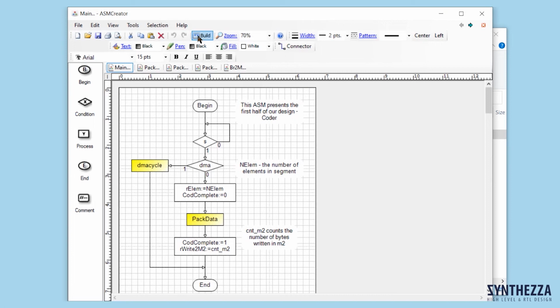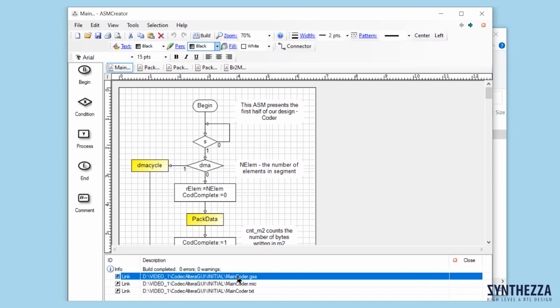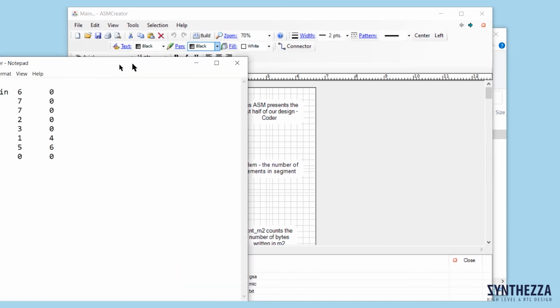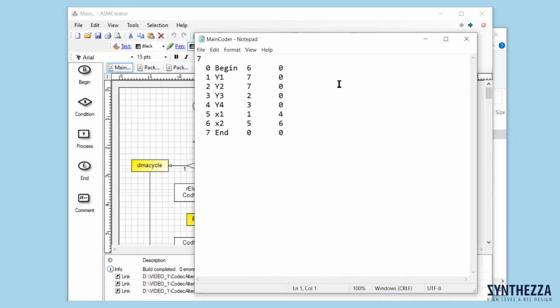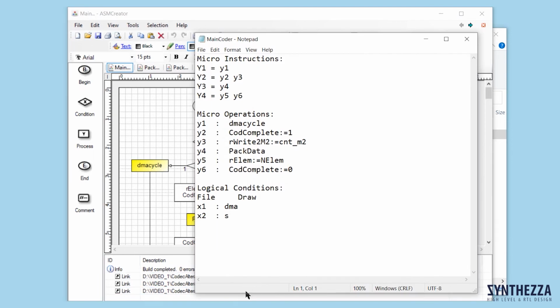When I click Build in ASM Creator, Syntagate immediately compiles this schematic into two files in folder Initial, maincoder.gsa. This file presents the ASM as two connected lists. And file maincoder.txt, a text file with the contents of vertices in the ASM.